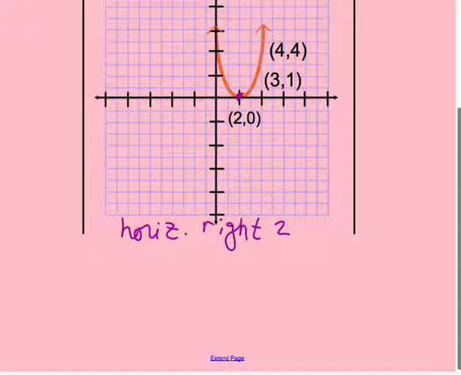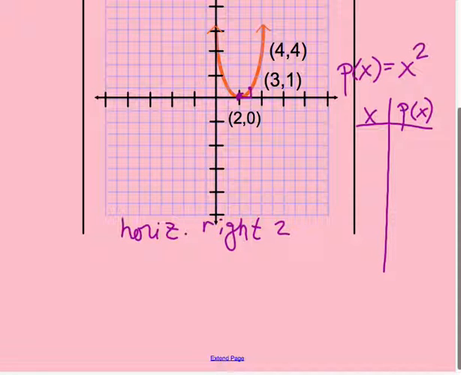And then one thing I like to do is think about that as (0, 0). And I think if I go over 1 and square it, I should get 1 if there's no stretch or compression. And in this case, that is on the graph. So I'm thinking, sorry if you can't follow me, I recognize that this parent function is x squared. And so I'm kind of creating that parent function t-chart in my head. But of course, if it's helpful to you to write it down,